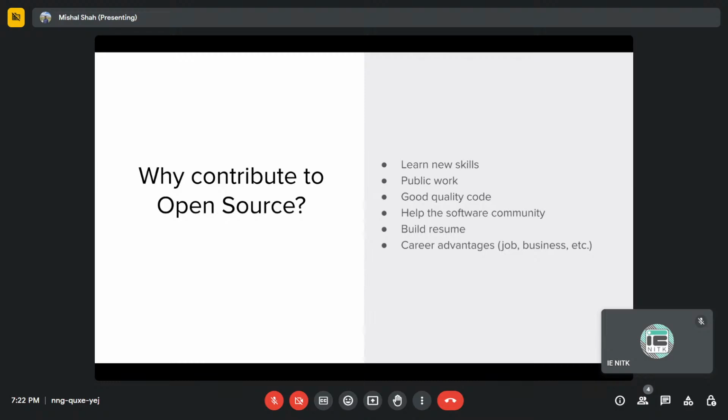So when it's public work, a lot of people are actually seeing it. Take it like a YouTube video. A lot of people get famous by making YouTube videos. Why? Because that's public work. Similarly, the more you contribute to open source, the more relevant people will notice it, and you'll eventually get rewarded. So it's a long term game, but yeah.